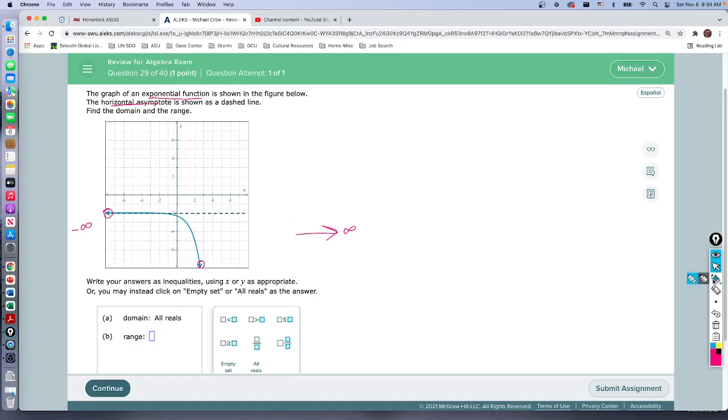Now let's talk about the range. So let's maybe switch colors. The range, notice with this horizontal asymptote, it's sort of a boundary point. It's not going to go higher than that. That's the idea. It looks like it is, but with an understanding of a horizontal asymptote with an exponential function, this color just kind of bled over. We're going to say that this is the boundary line. It does go down, so as far as y values,